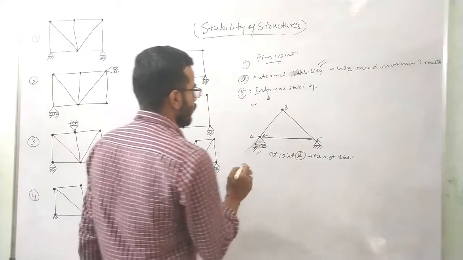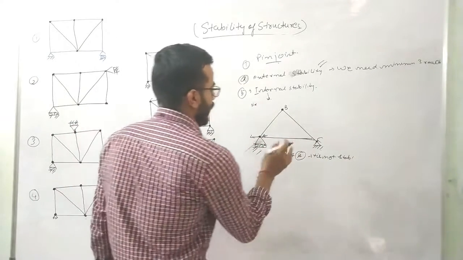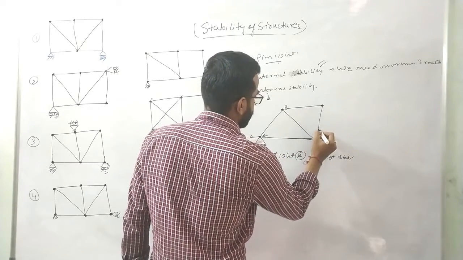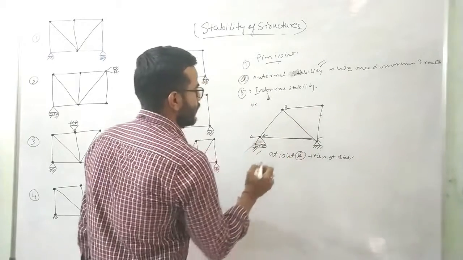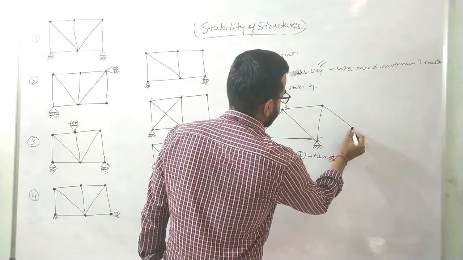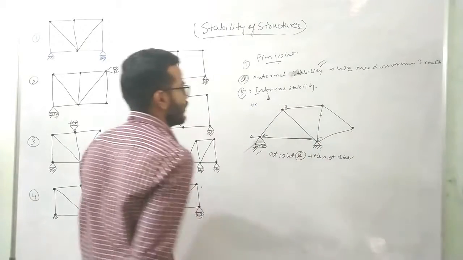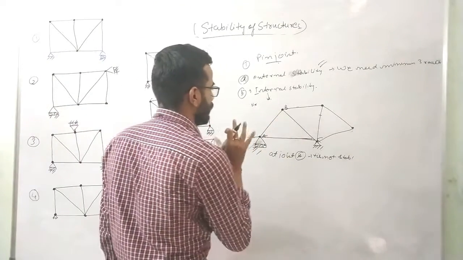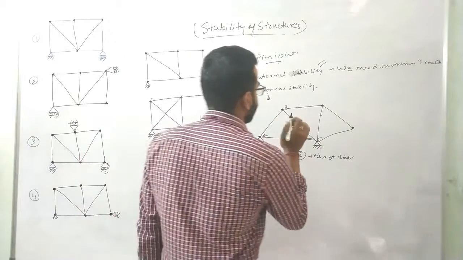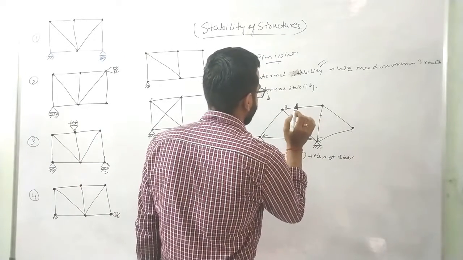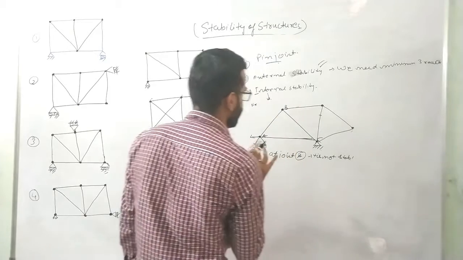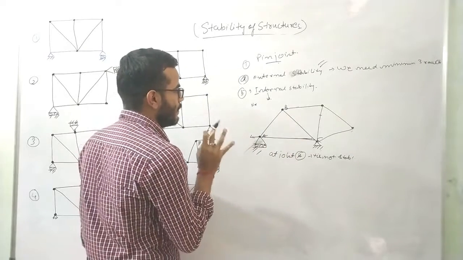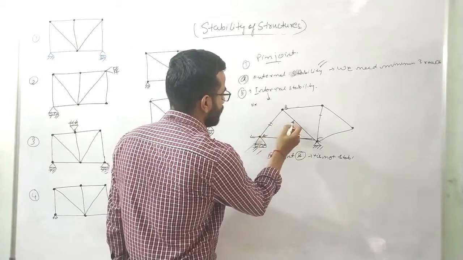Now if I want to extend this, I provide one more joint and connect these two members. Again, if I extend it, it is simply another joint. So what it means is that I need a minimum of three members to connect three joints. After that, I need only two members for each additional joint. Here, if I want to connect A, C, B, these are the minimum members: I require three members, this member and this member.